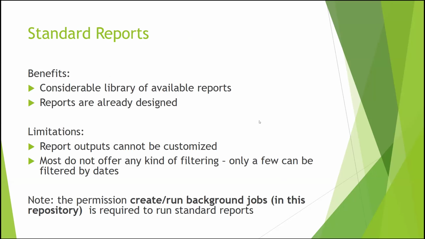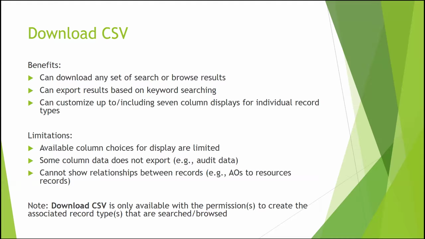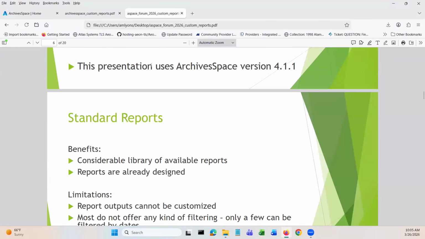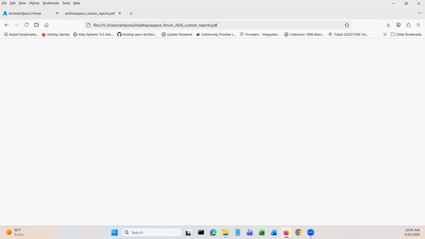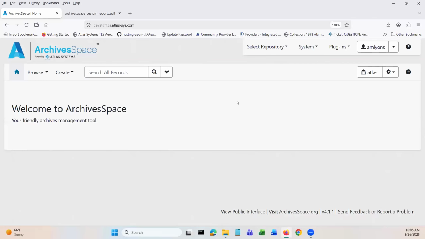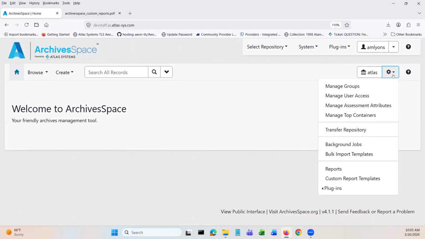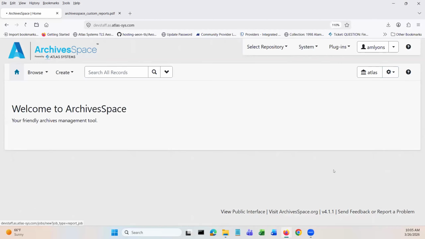So at this point, I'm going to leave my presentation, but everything that I'll be talking about is in the slides, which will be available to you. I'm going to just move this over to my other window, and I'm going to go to my ArchivesSpace instance. And the first thing I'm going to start with is standard reports. And again, just a brief overview. So if you log into the staff user interface, you'll select whatever repository you want to work with. You'll click on the gear wheel next to the repository name and then go down to reports